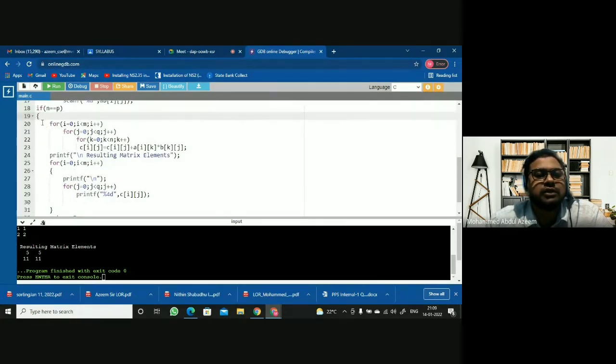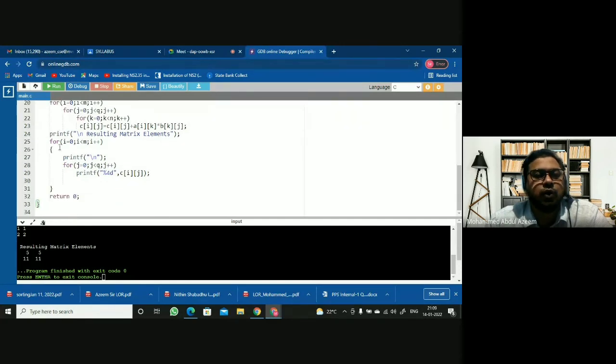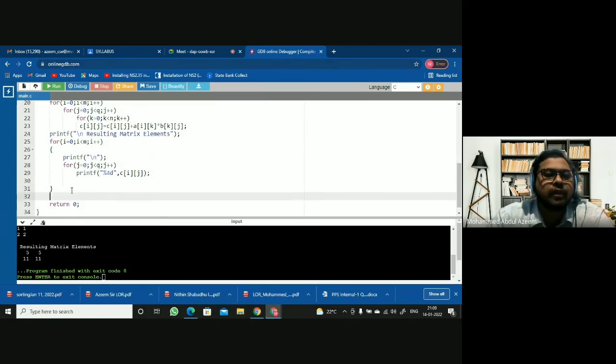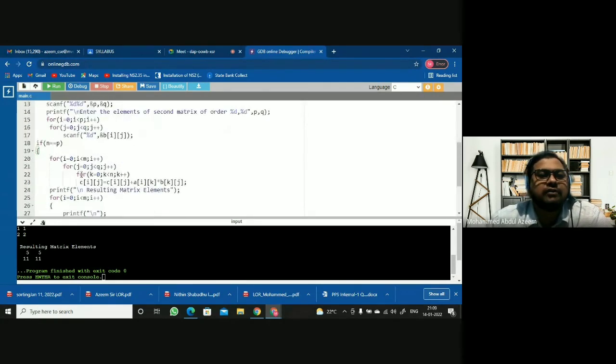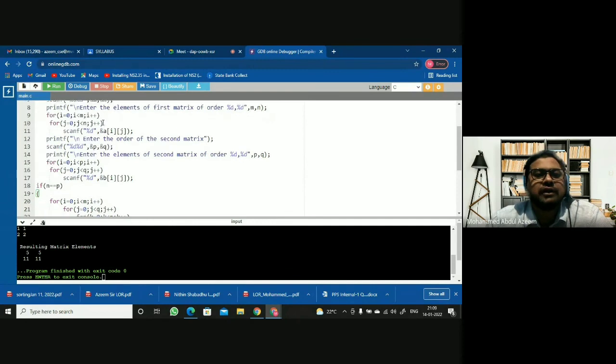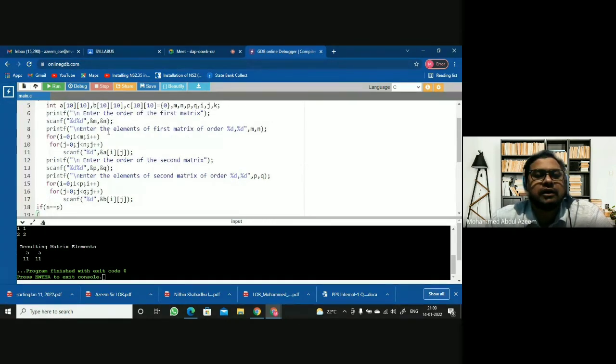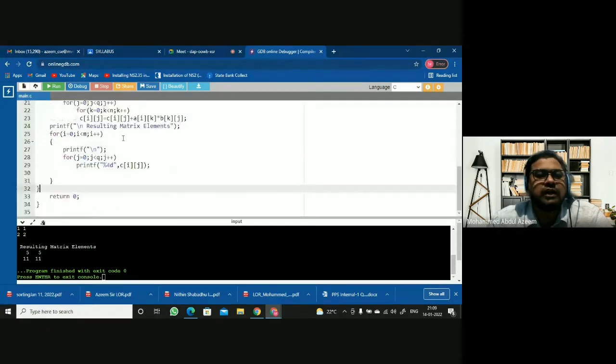So I am putting this entire thing in this condition when true, right? So you can see here this entire thing I am here putting in this, right? So if I give the order differently, okay, let us say if I have given 2 by 3 and there it is 4 by 5, 3 and 4 does not equal, so it doesn't work out, right?